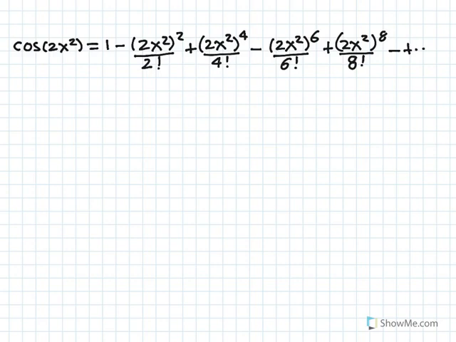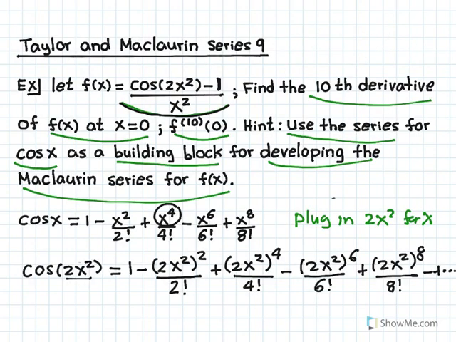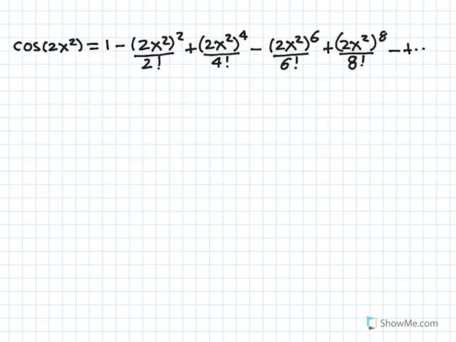Now, our goal is to find the Maclaurin series for this function. f of x is equal to (cosine of 2x squared minus 1) divided by x squared. So let's subtract 1 from both sides and divide by x squared. So we have cosine of 2x squared minus 1 divided by x squared. We have to subtract 1 from the numerator, so we can simply do that like this, 1 minus 1,